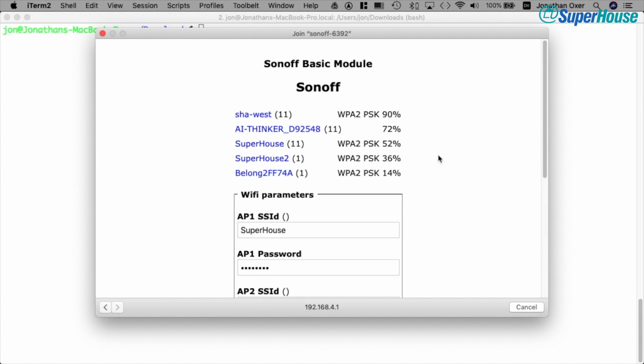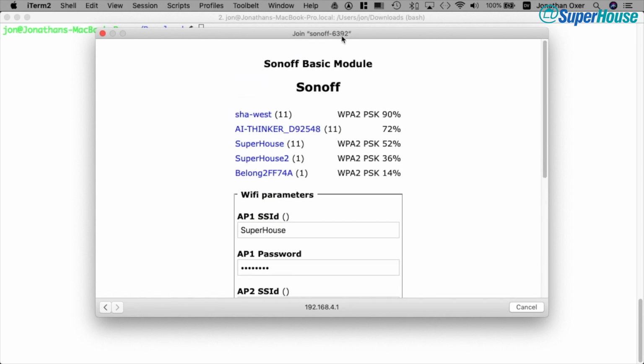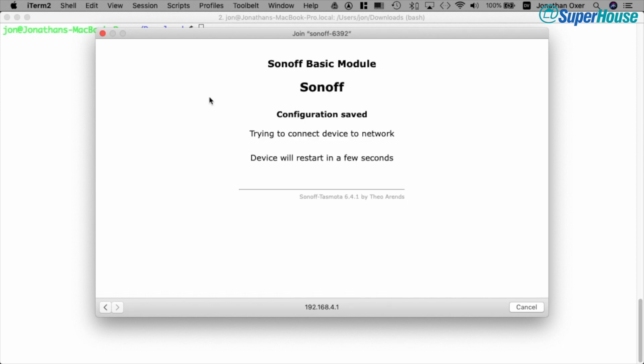Now before you go any further, pay close attention to the name. See up here it says Sonoff-6392. Remember that because we're going to need it. That is generated from the last few digits of the MAC address, so it'll be different for each Sonoff that you set up. Now we come down here and click Save, and it's now saving that Wi-Fi configuration into the